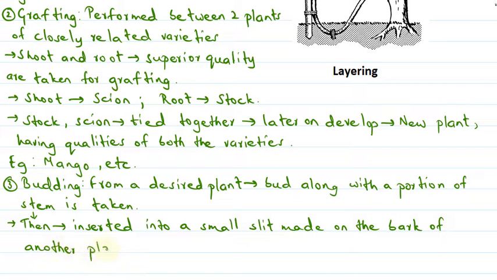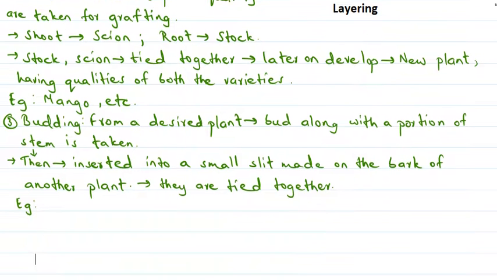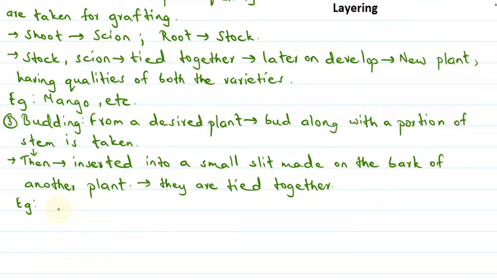Here it is inserted, and both are tied together. This method of budding can be practiced in the case of plants like plum, rose, etc. Then we'll talk about another technique called